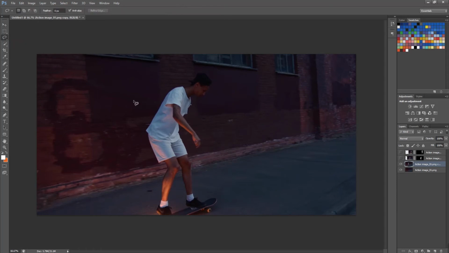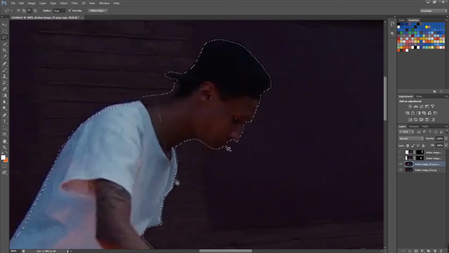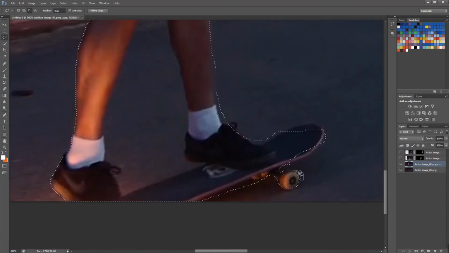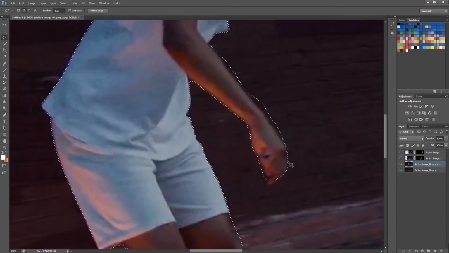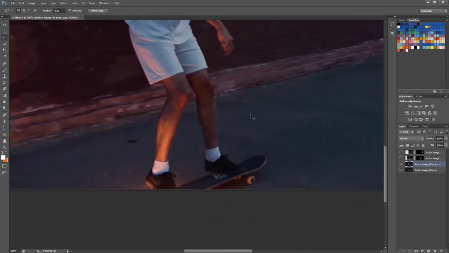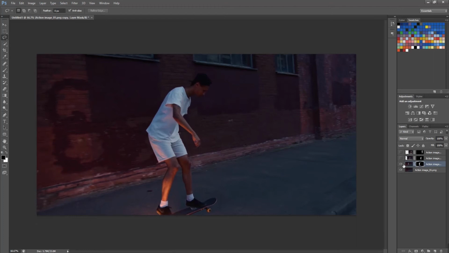Select the upper layer and make a selection of the man with skateboard. Repeat the process again like before by creating a mask on it.